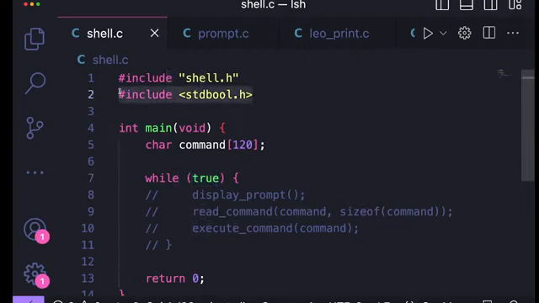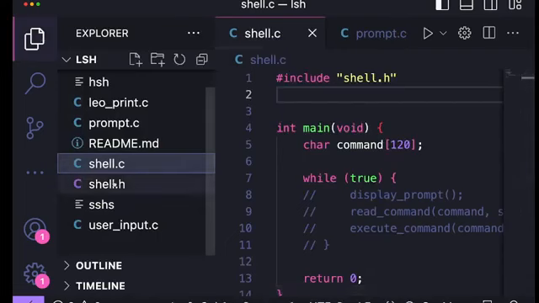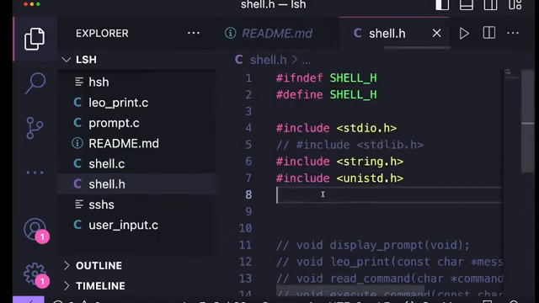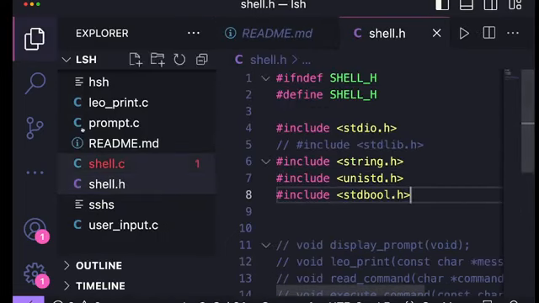And definitely you're not gonna put it here. Let me take it out. You're gonna put it in your shell.h file. So I'm gonna include the standard boolean.h. Then back in my source code file,